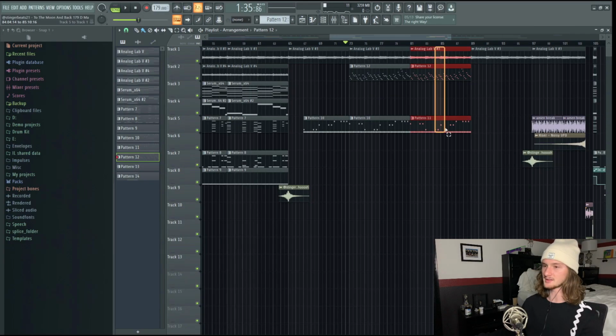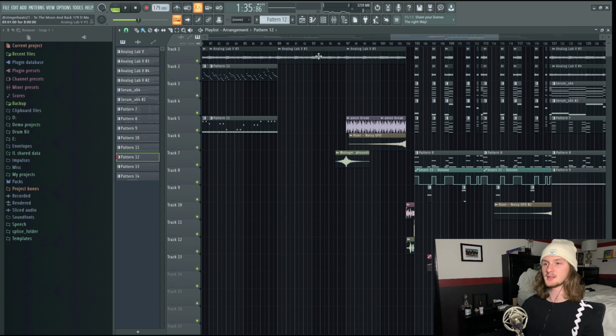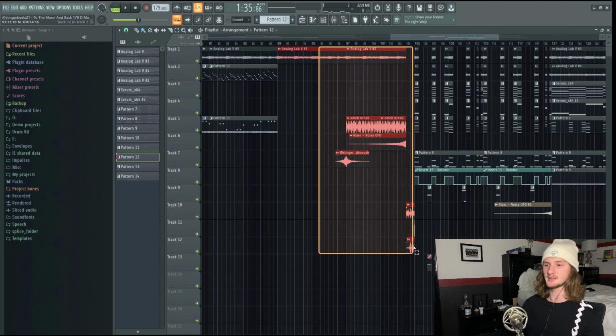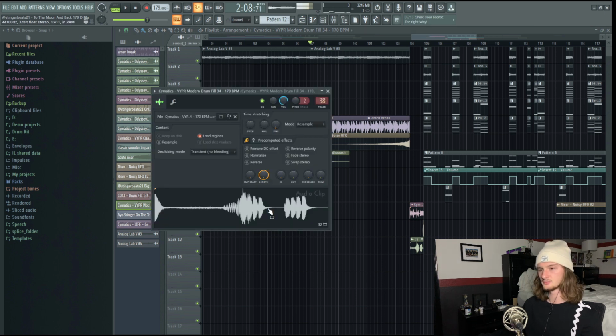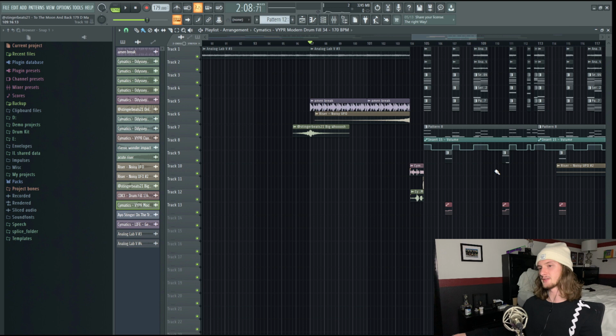And I just have it playing the same thing through here. After that, I have it transition into another build up to a second drop. Everything is pretty much the same, except I took out most of the melodic components and threw in this new drum fill. So this is what the second build up sounds like.